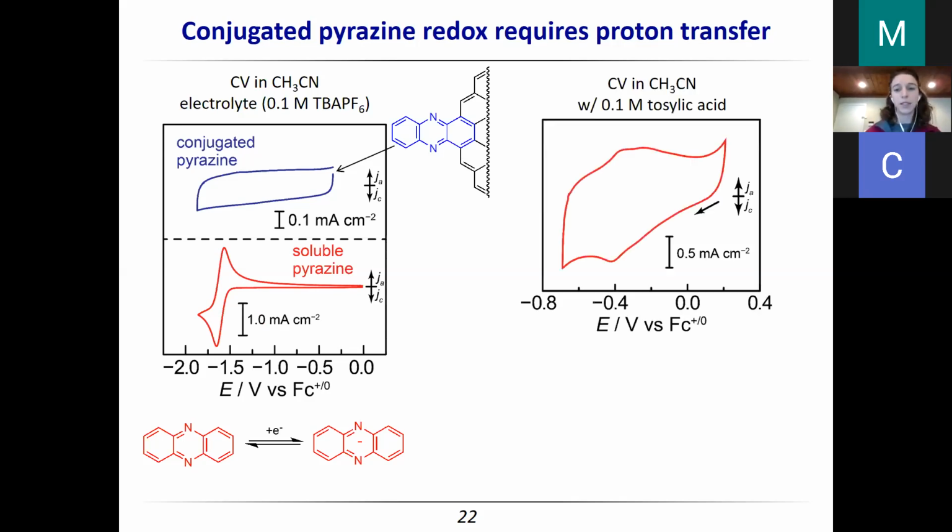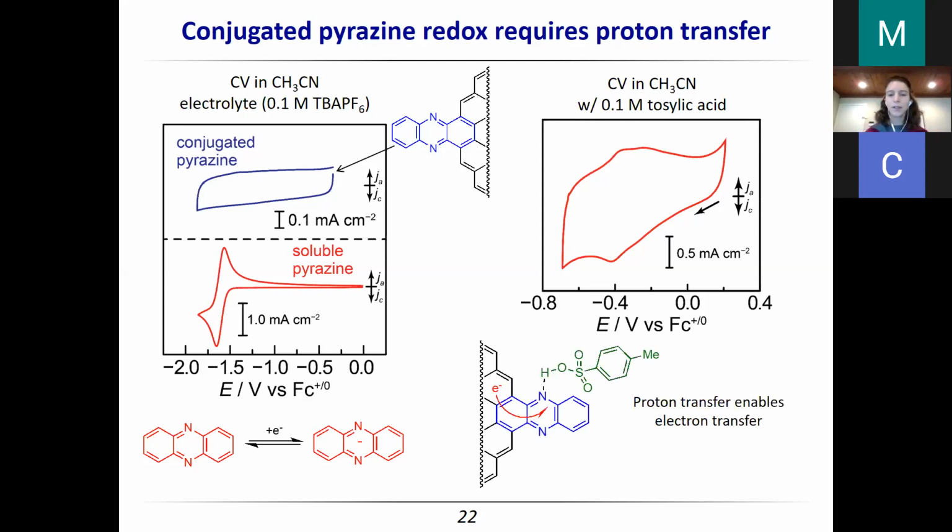And so to test this hypothesis, we added an acid source into acetonitrile, and you can see that we do start getting this broad wave back at a potential closer to where we would expect proton-coupled electron transfer to occur. So from here, when there are protons around, we see redox chemistry at these pyrazinic GCC sites, but when there aren't, we see nothing. So in this sense also, we started to build up a molecular picture. In this case, we have triethylammonium? acid. You can imagine forming the bond with the nitrogen while we transfer the electron to that bond, inner sphere.